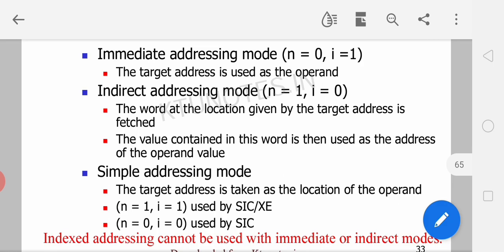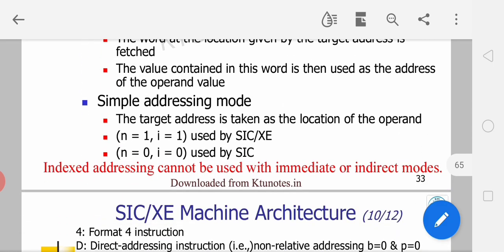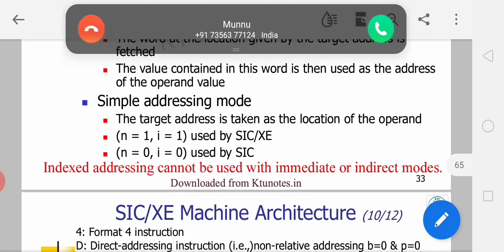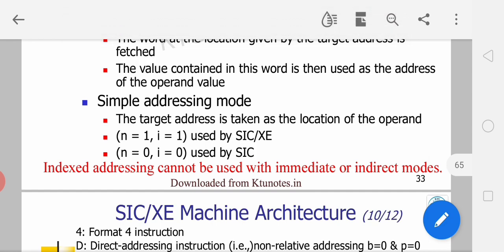Then what about simple addressing mode? In simple addressing mode, the target address is taken as the location of the operand. It can be seen in two ways: SIC/XE or SIC. The target address is taken as the location of the operand. In immediate addressing,